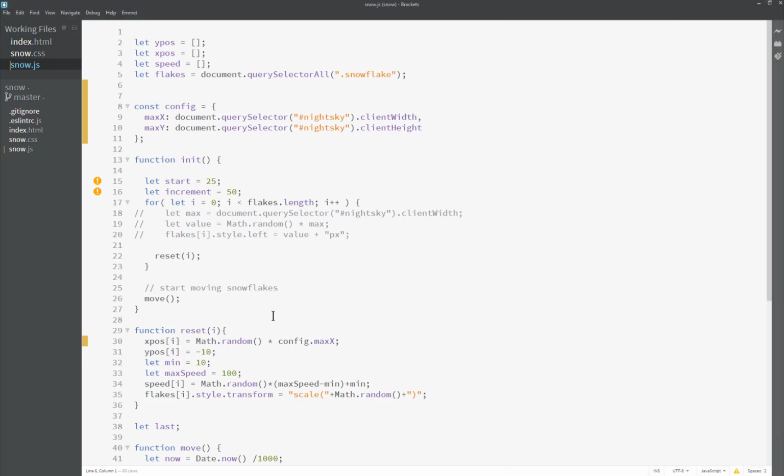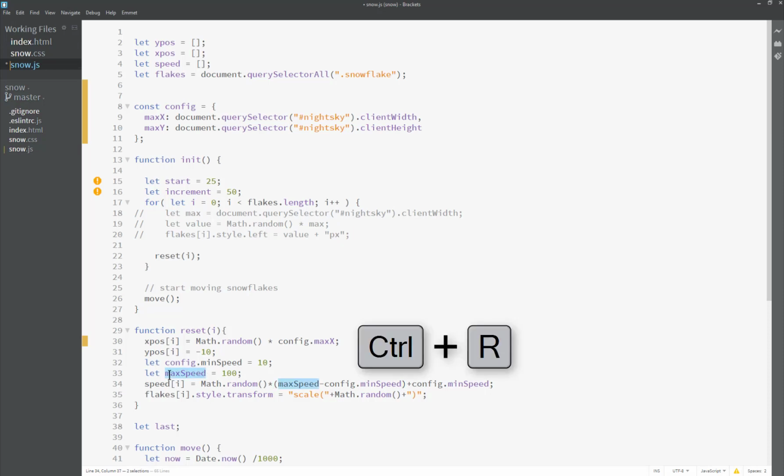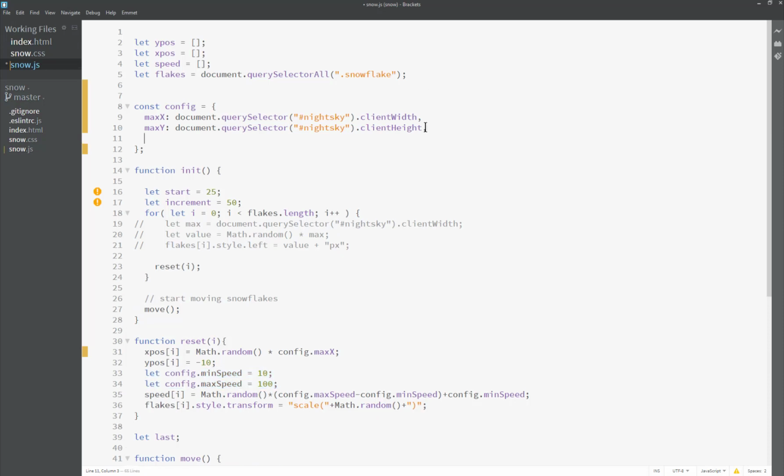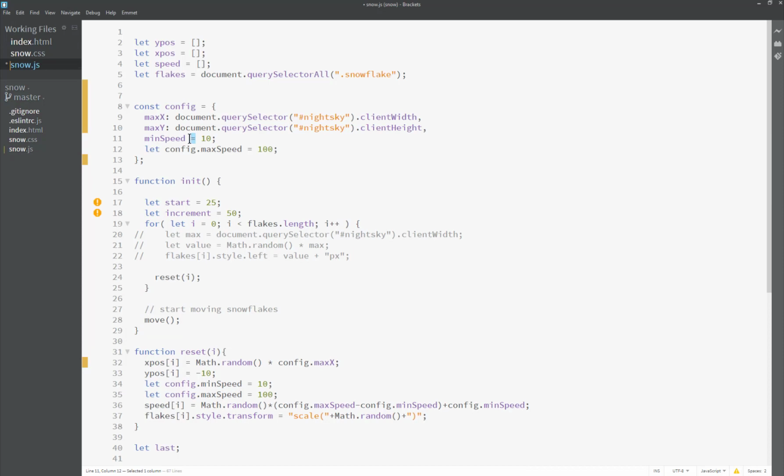So the next thing is do the same with the min and max speed. I'm going to take min speed and rename that to config.minspeed. And note how it changes everywhere where I use it. And max speed I'm going to rename to config.maxspeed. And then I'm just going to copy the properties here, insert a comma, and min speed would be